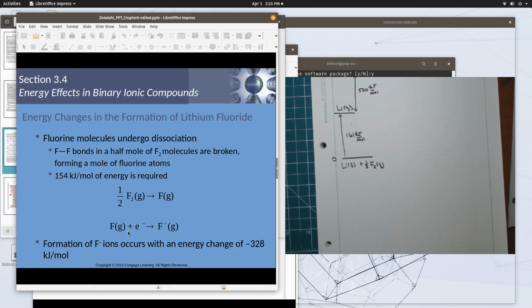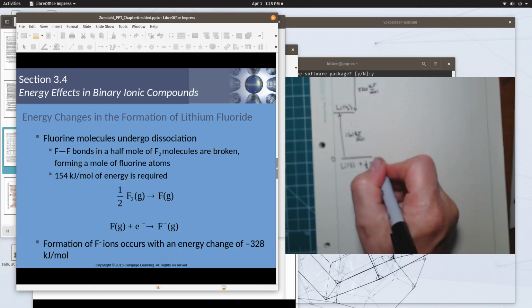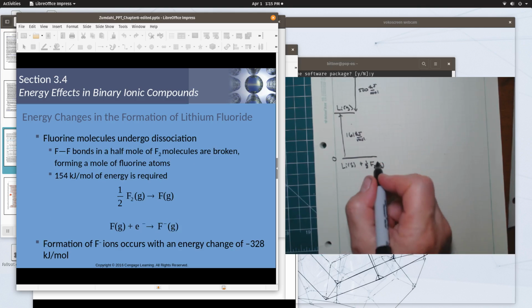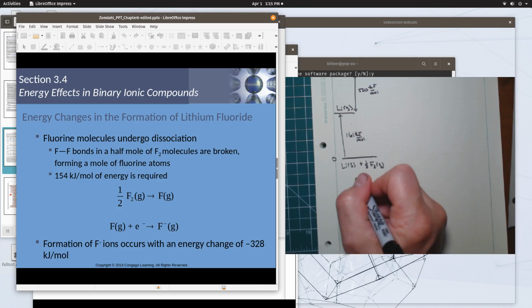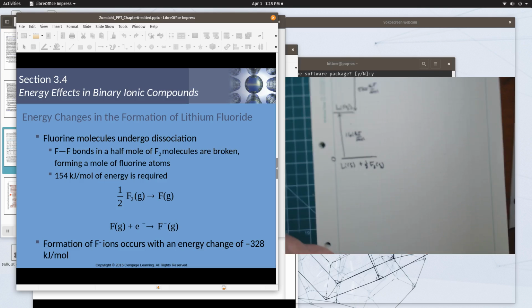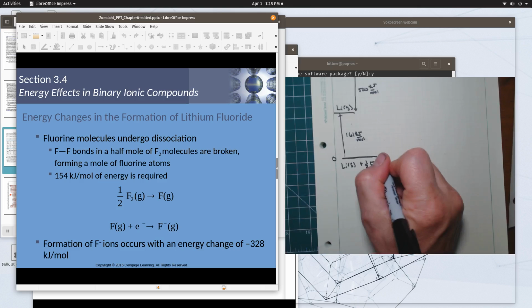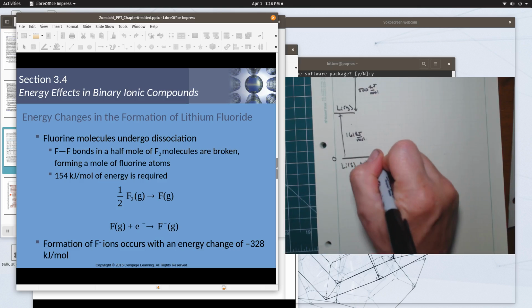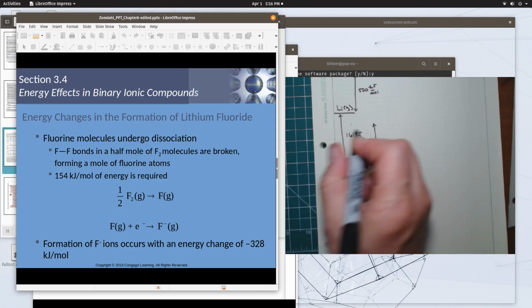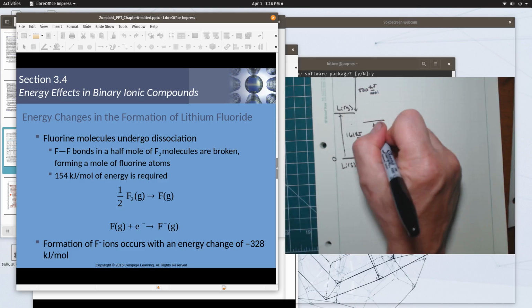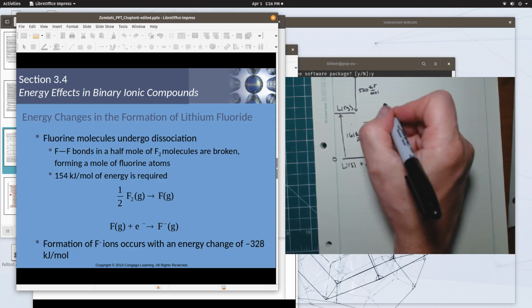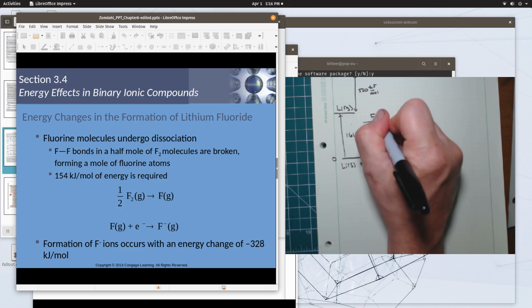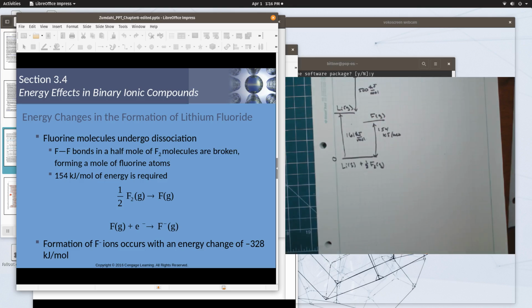Okay. Now let's look at the fluorine. The fluorine has half of a mole of F2, and I need to dissociate it to form 1 mole of fluorine atoms. So we're going to go uphill in energy from here by 154 kilojoules per mole, and that is going to give me F, gas phase fluorine